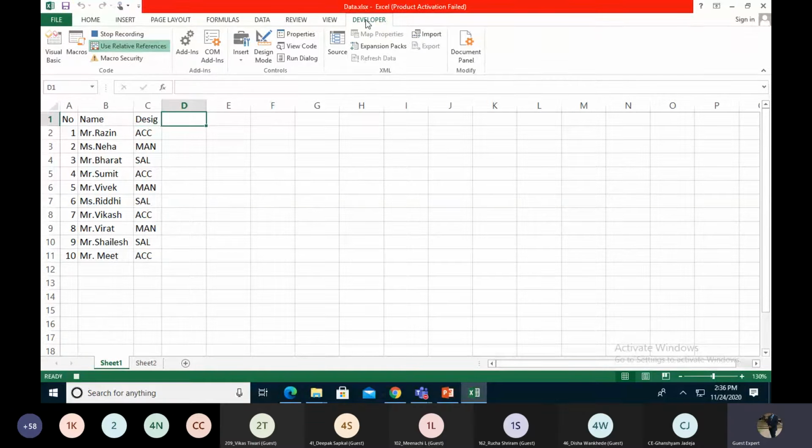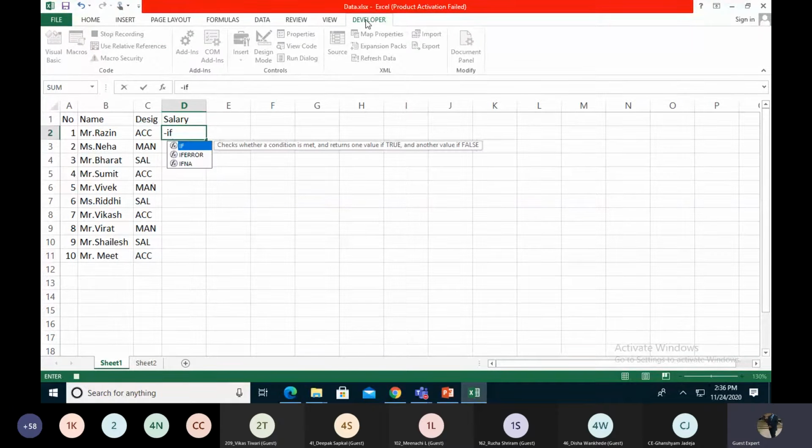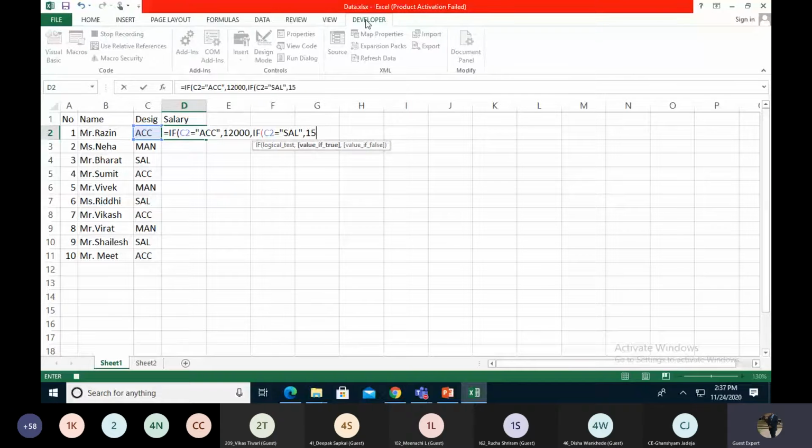Then after going to the salary, I simply use the IF condition over here. If this cell is accountant, 12,000. If this cell is equal to clerk, 15,000.